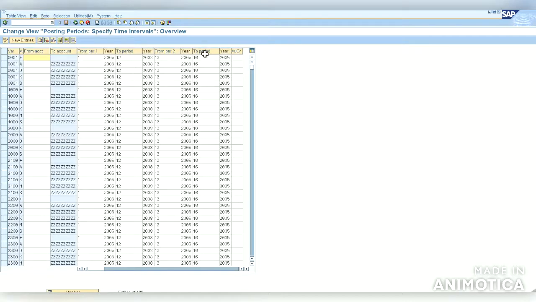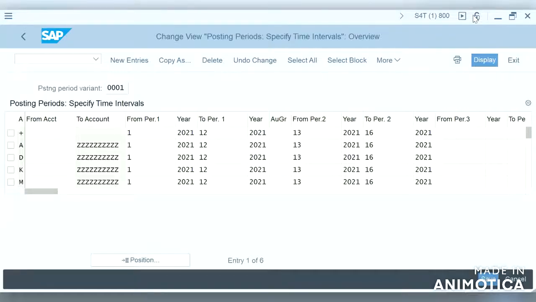And also one more change, we can see there is no period 3 in ECC, but we can see in SAP S4HANA there is period 3. Even this they have introduced here because now FI and CO are not two separate components, they are merged together.